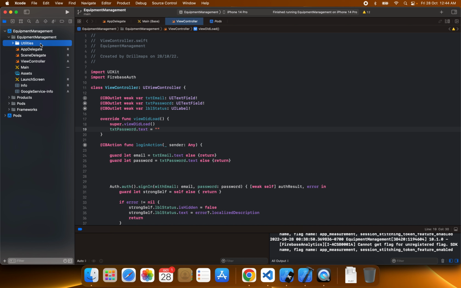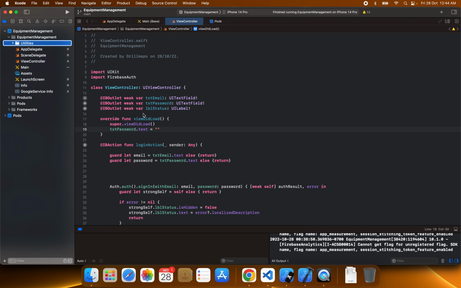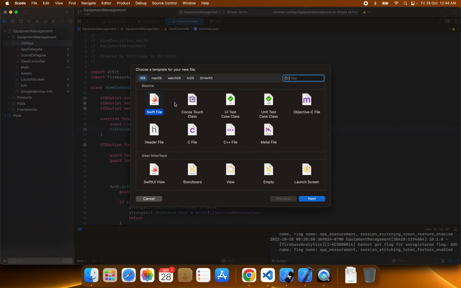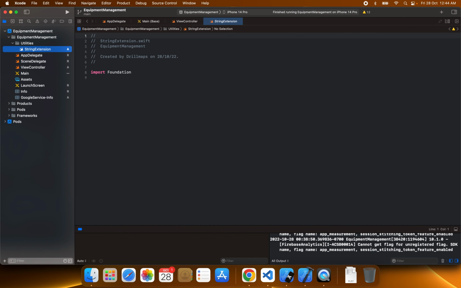In this new group I will say utilities. Inside it I will right click and say a new file, it will be a Swift file, and we'll click on next and say string extensions. Okay, so it's StringExtension.swift. That is good. First thing we'll do is go and say extension string,